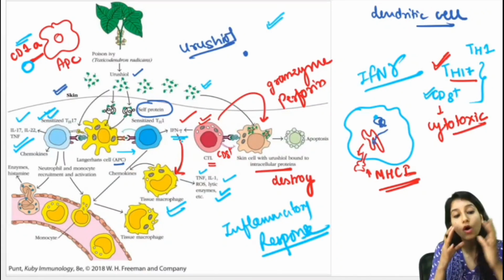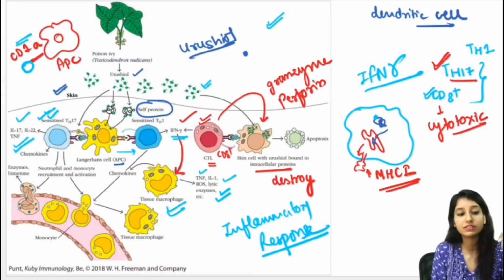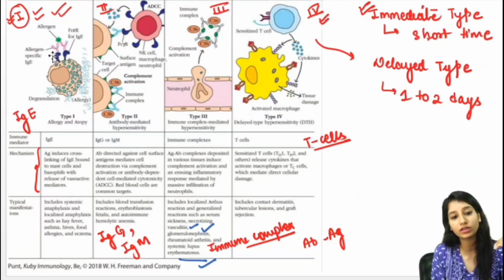So this is all about hypersensitivity type 1, type 2, type 3 and type 4. In this way, these all are working. If we see in short once again, type 1 is occurring due to IgE, type 2 is occurring due to IgG and IgM, type 3 is occurring due to the immune complex, and type 4 is occurring due to the T helper cells or T cells. So I hope this whole lecture will clear your concept regarding hypersensitivity, and it will clear all your doubts regarding hypersensitivity.